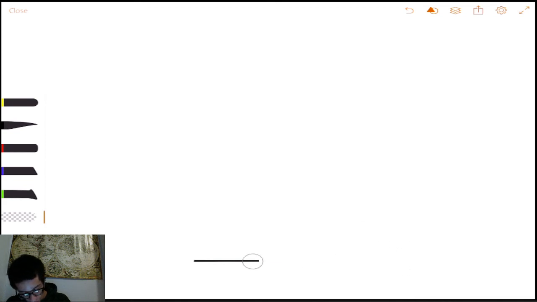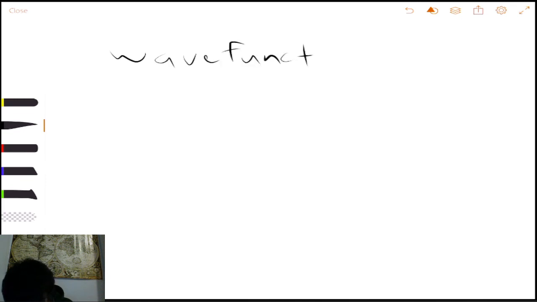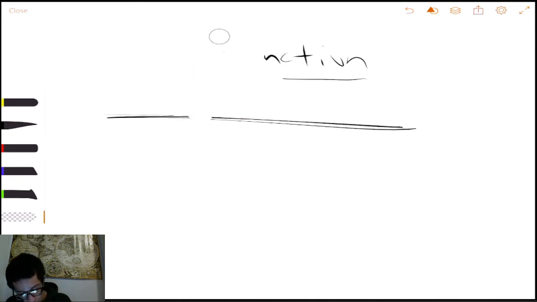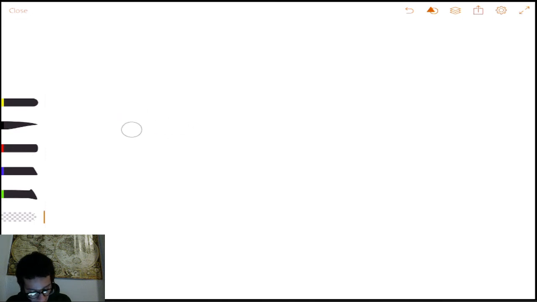That would relate to something some of you viewers might already know that is called wave function collapse, which is obviously related to the wave function. But I want to do a separate video on that. This one was just to introduce what a wave function is, what it means, and how we use it in